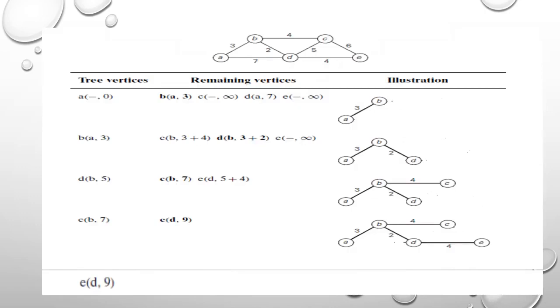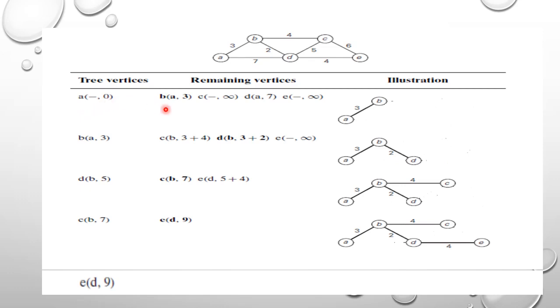Let's understand how to apply Dijkstra's algorithm to find the shortest path for this graph. First of all, you have to assume a source vertex. The source vertex here is A. So then what is the near vertex to A? That is blank. What's the distance? We have to find the shortest path from A. So A to A distance is 0.